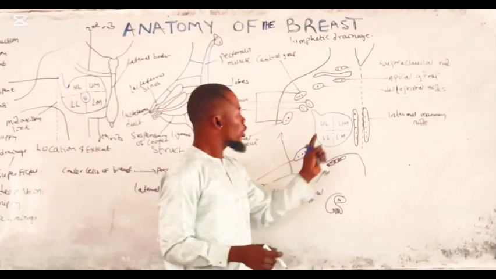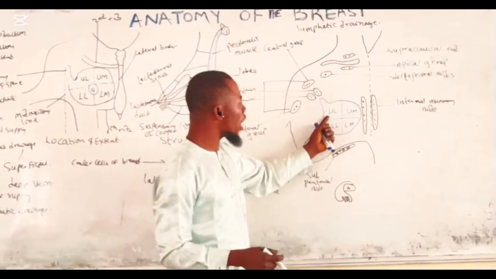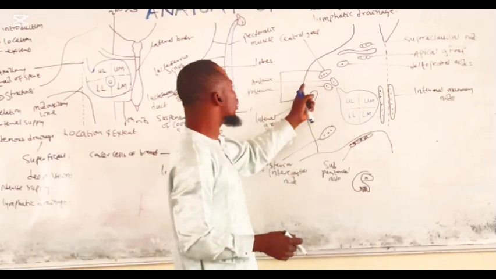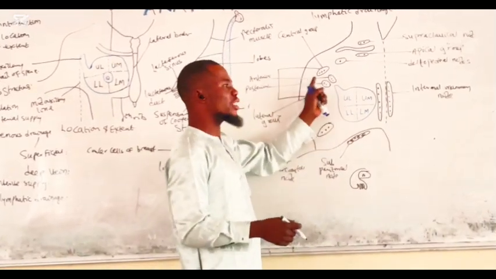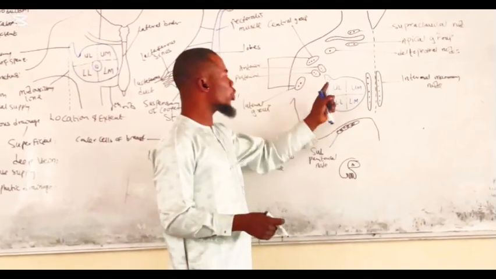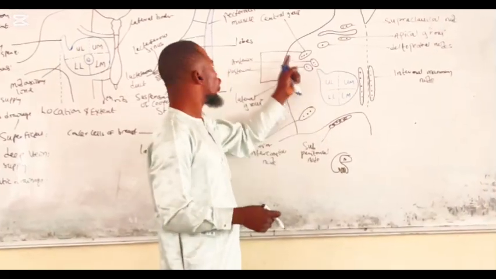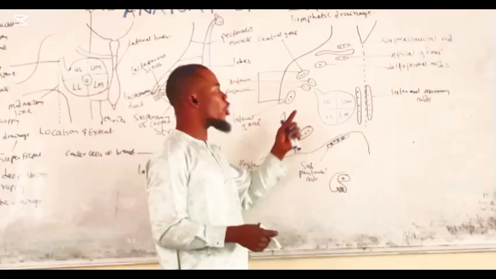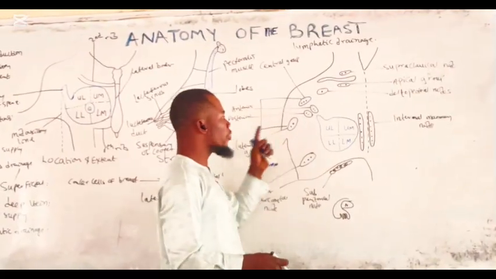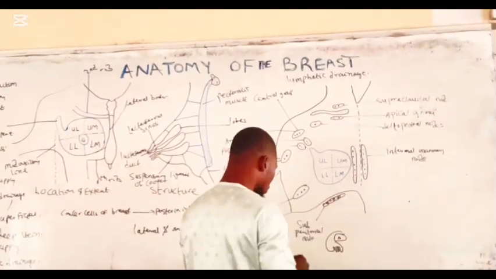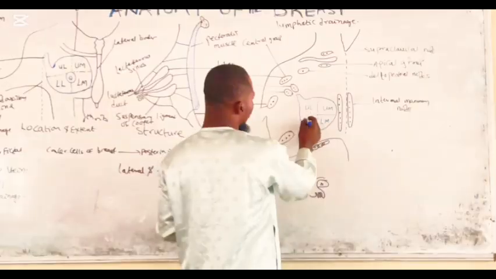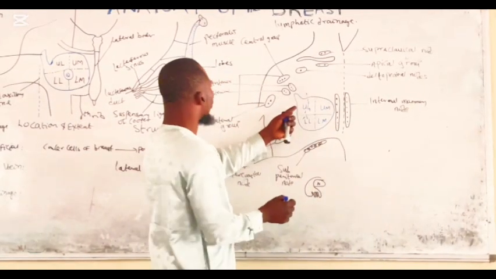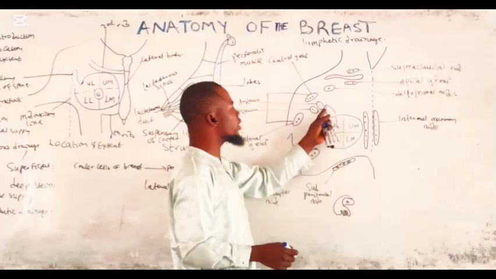We said that the lateral quadrant, the upper and the lower lateral quadrant, they majorly drain to the axillary lymph node, but which part? They majorly drain to the anterior axillary lymph node, or anterior axillary group of lymph nodes. So most of the lymph from the lateral quadrant, they drain into the anterior